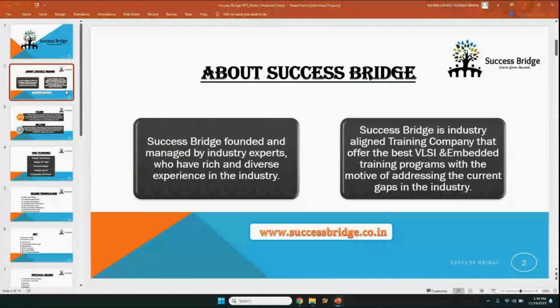Okay, a little introduction to Success Bridge. We are from the industry, from semiconductor, and we want to give a good exposure to all the upcoming engineers and enthusiasts who have done their engineering from the academics, and they want to enter into semiconductor. So we are filling the gap between the academics and the industry, because semiconductor is a complete industry